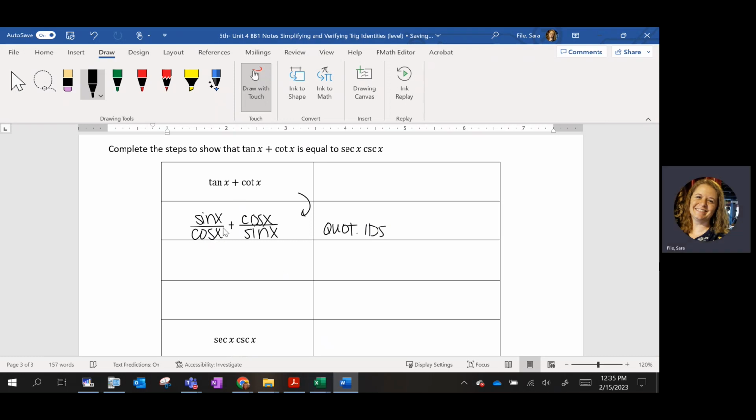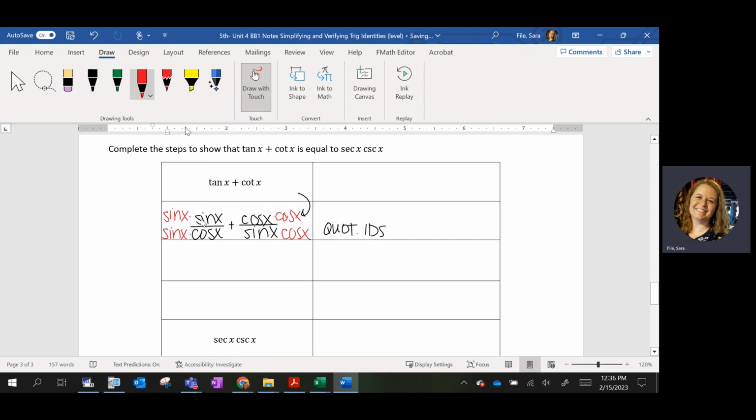Now, to add or combine fractions, what do you have to have? A common denominator. What you practiced with numbers on Monday was if you can't turn one of the denominators into the other, you multiply them by each other, right? So I'm going to multiply this side by sine of x. And what you do to the denominator, you do to the numerator. And I'm going to multiply this side by cosine of x. So what that's going to give me